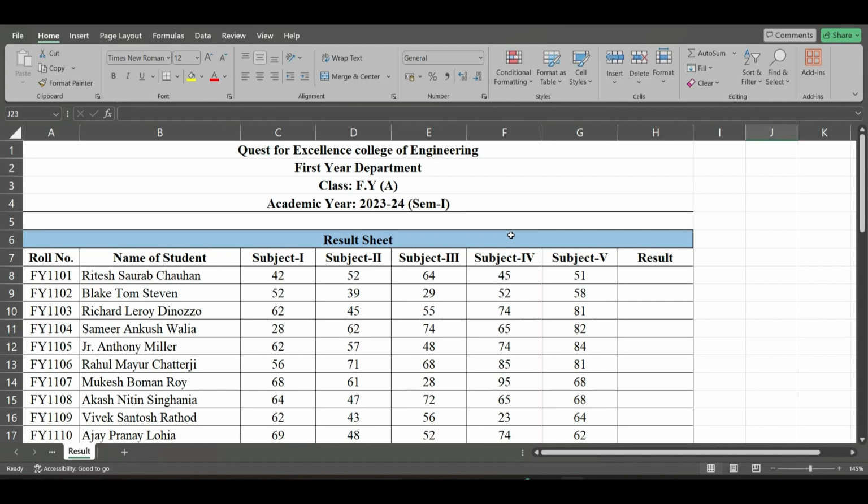Hi everyone. In the previous video, we have seen how to use the IF function in order to calculate the result, that is pass or fail for one particular subject. Now, in this video, we will look at how to use the AND function along with IF when you have multiple conditions to be satisfied. So we have a result sheet here, and in front of each and every student, 5 subjects